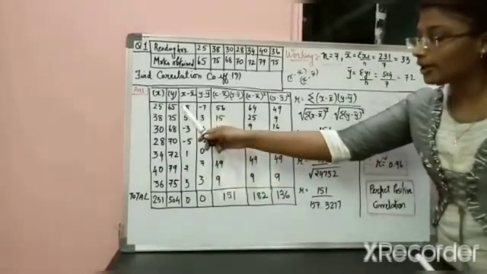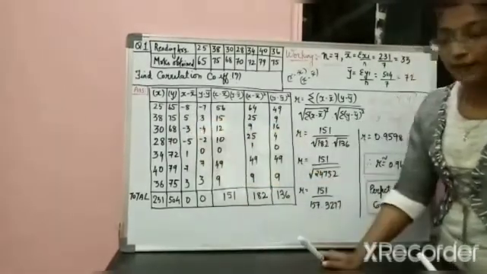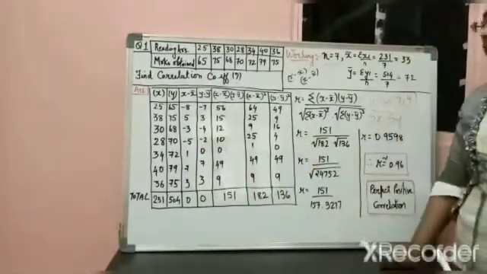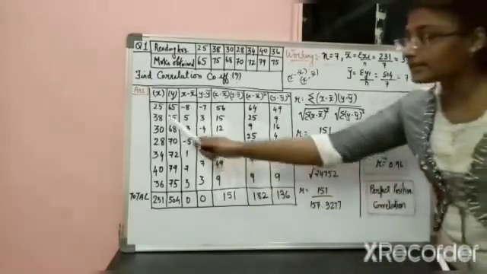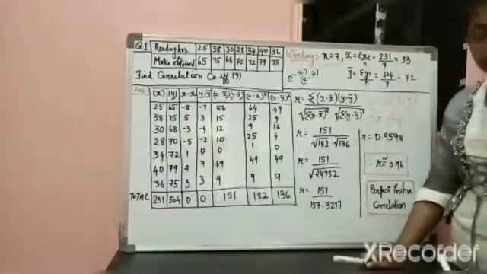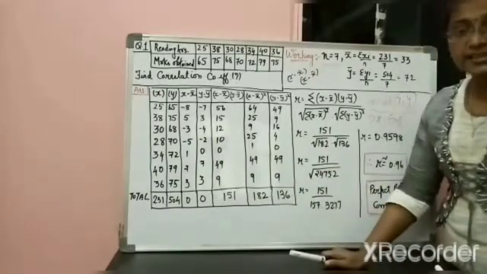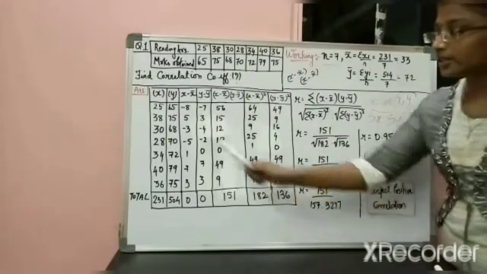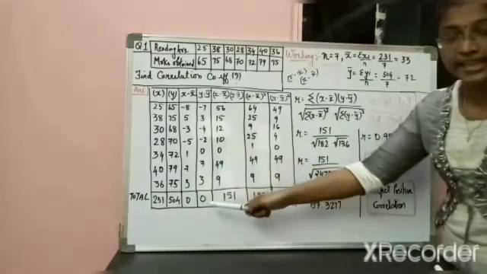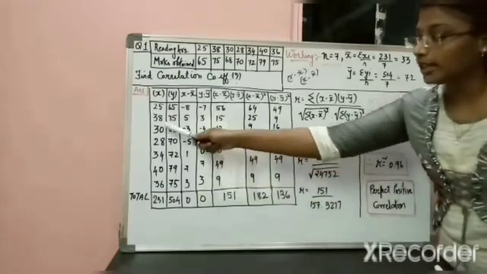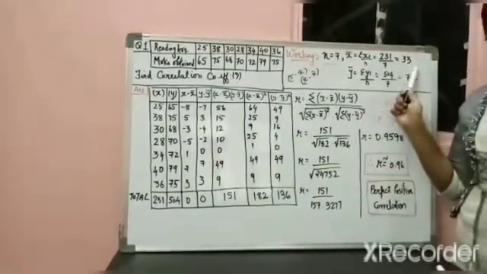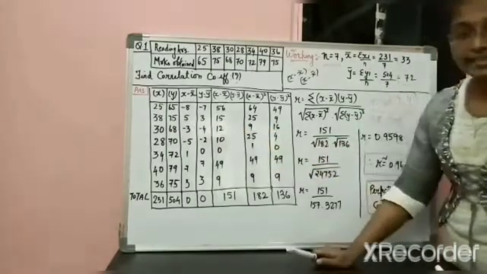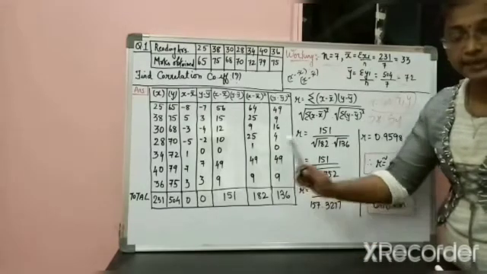Now see for your x minus x bar. You are having your x as 25 for the first candidate and x bar as 33. So you have to do 25 minus 33, then you would get your answer minus 8. On your calculator you have to calculate. Again I would repeat, for the second candidate to find x minus x bar, so 38 minus 33. Calculate on your calculator. So you would get your answer as 5. Clear with this x minus x bar?